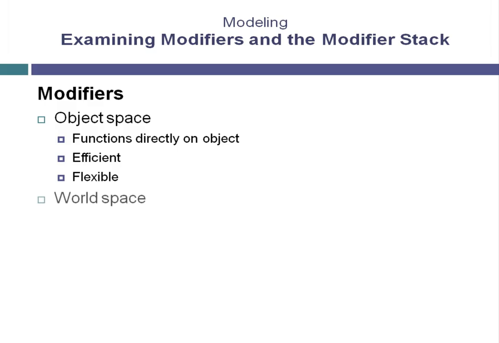There are also world space modifiers. These get applied based on the world coordinate system. They function by warping the space or changing the space in which an object exists. If we put a world space bend modifier in the scene and apply it to an object, as we move the object around through space in the scene, it's going to bend differently depending on its relative location to the